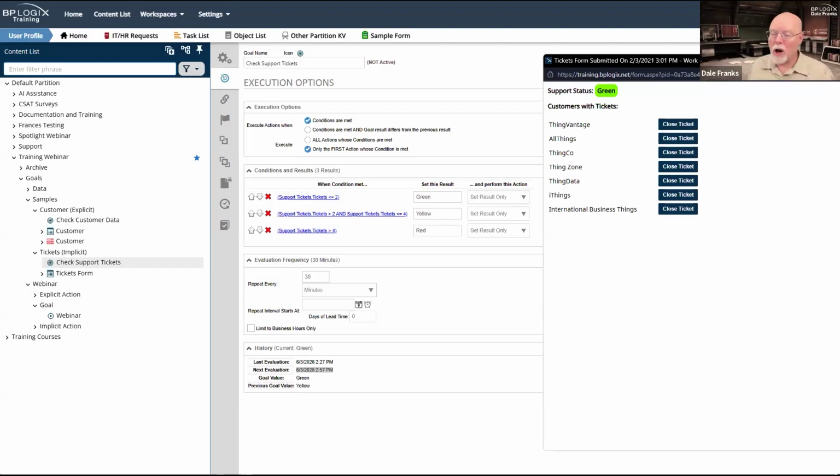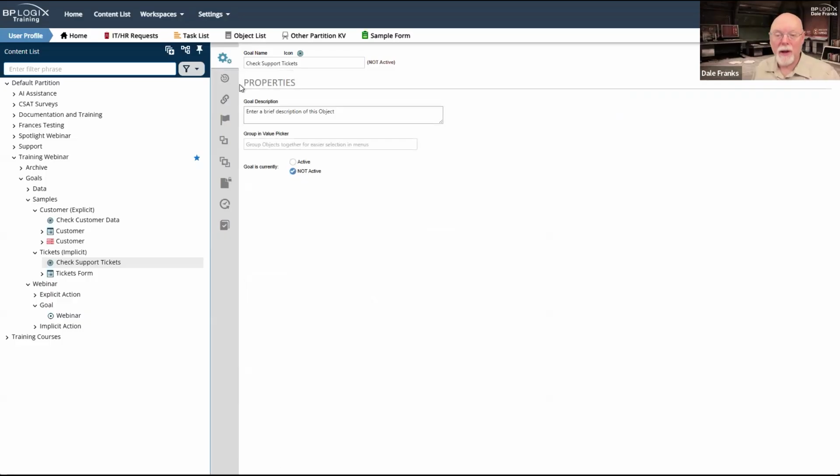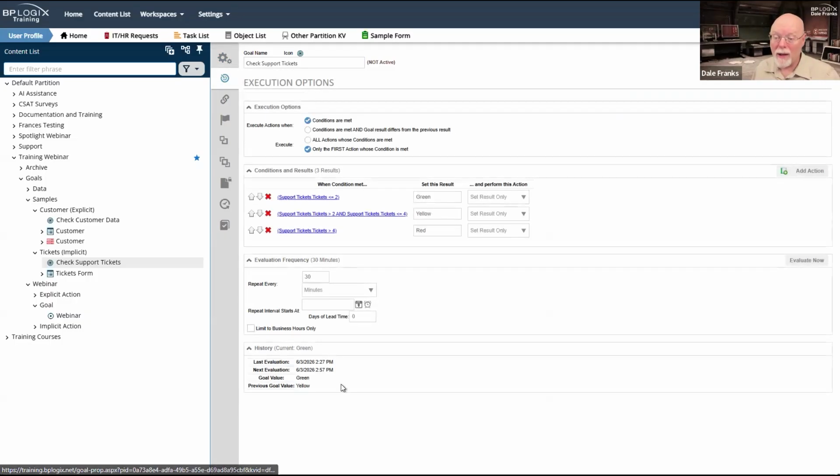My goal has not caught up with the current state of the data. And because I say this goal is running every 30 minutes, it should have run at 2:57 yesterday, instead of, it ran at 2:27. I didn't run the goal because this goal is not active. So therefore, my scheduled run did not occur. It is still holding in abeyance here.